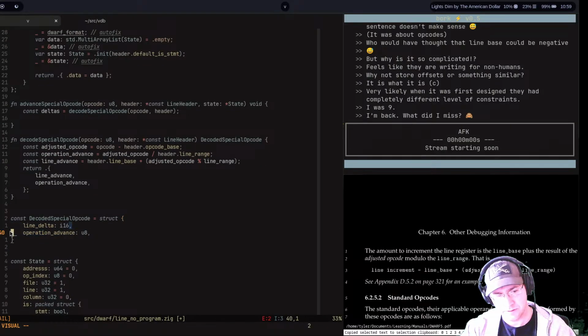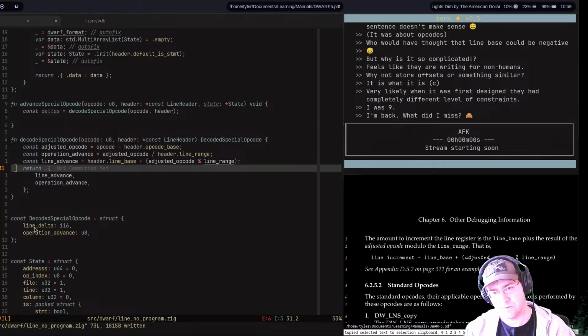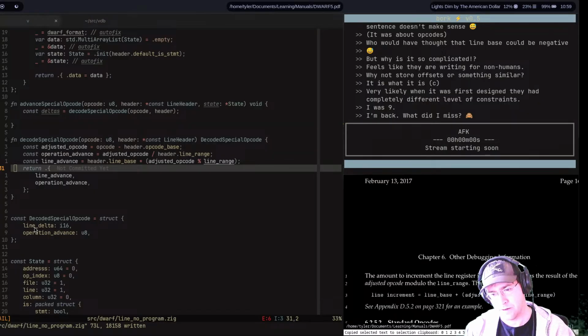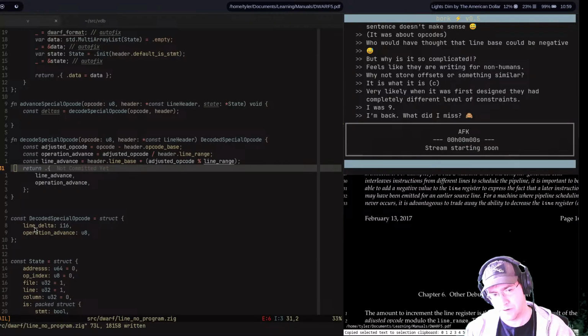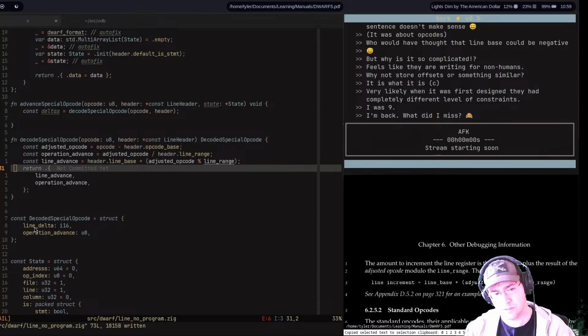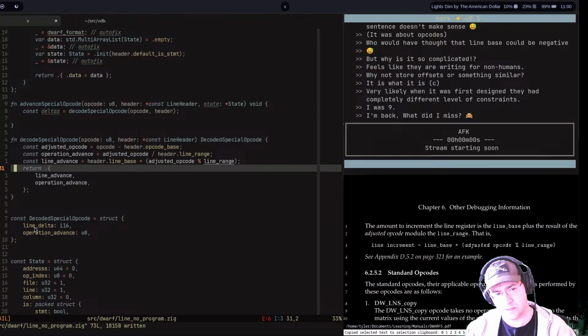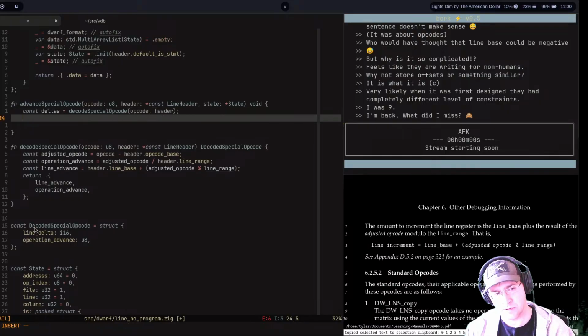That's what I wanted to calculate, but the calculations they have in the docs do that all in one, and that was confusing to me. But now I figured it out. We decode the special opcode, and then we use those line advances to increment the state. So we've got two functions: decode special opcode and advance special opcode. And so then we take the state dot